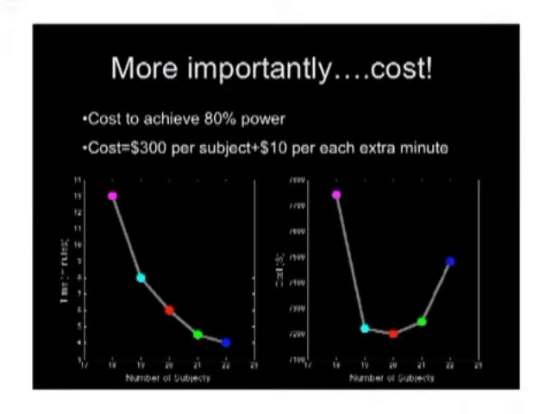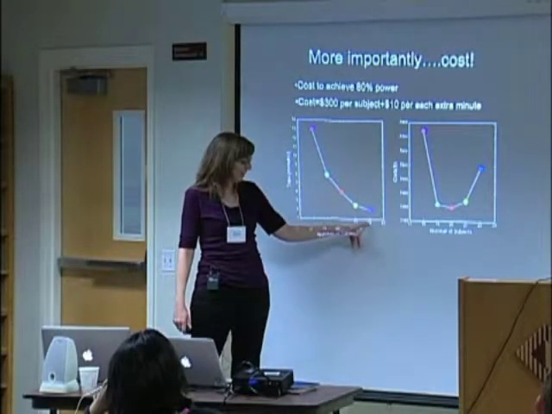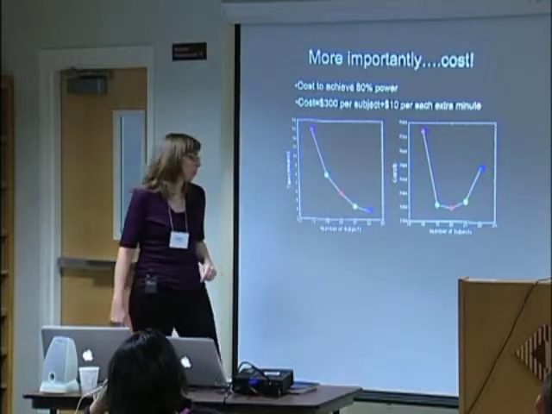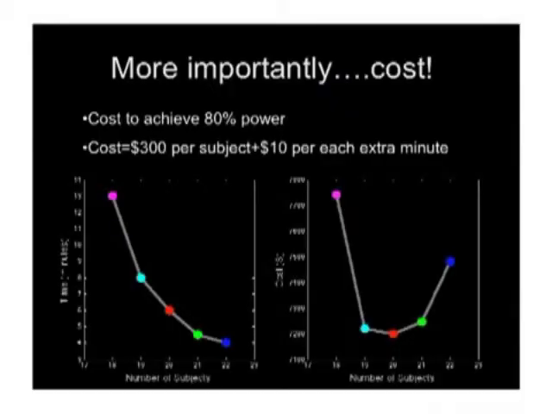So this first graph is illustrating time in minutes as a function of the number of subjects. And of course, if you have very few subjects, you have to scan each subject longer in order to get your power up to 80%, as opposed to having a lot of subjects, you can scan them for a shorter amount of time. What's interesting is that if we then look at cost, which is the y-axis here, as a function of number of subjects,